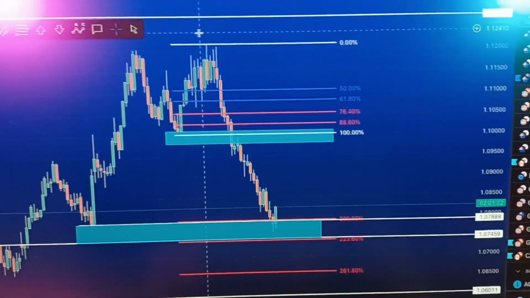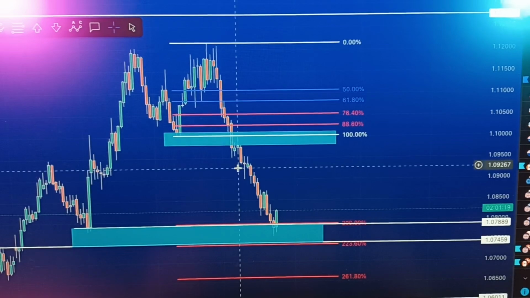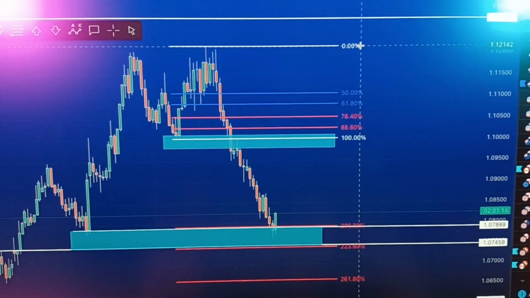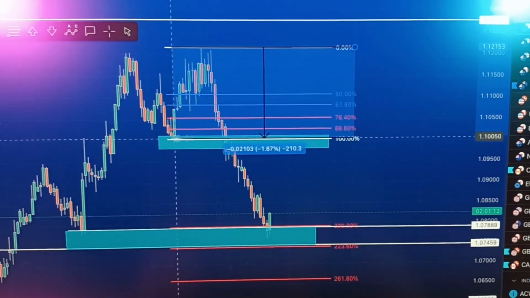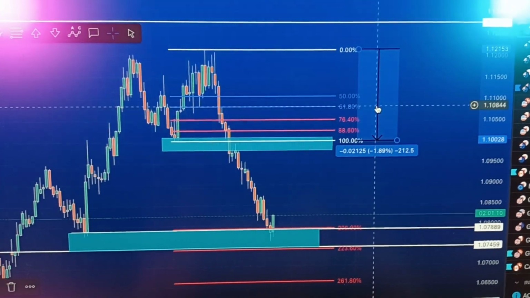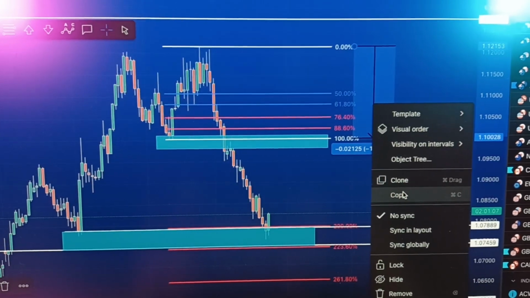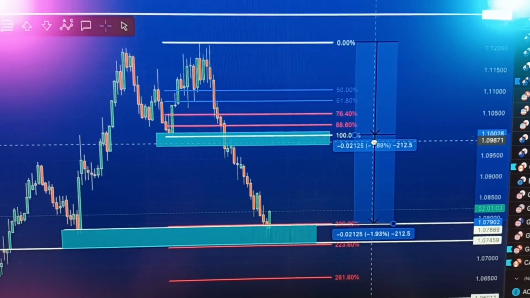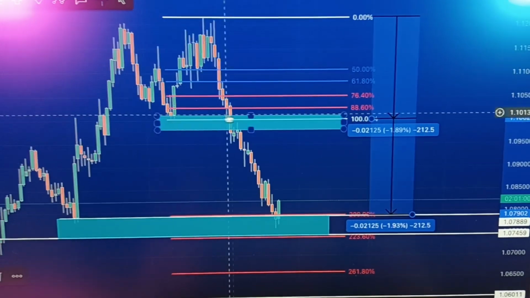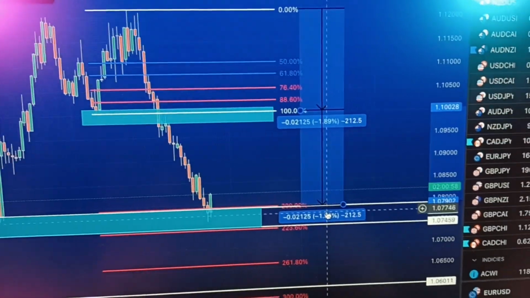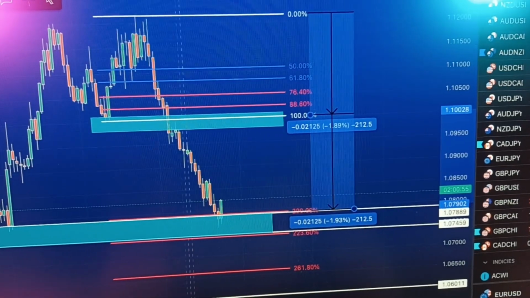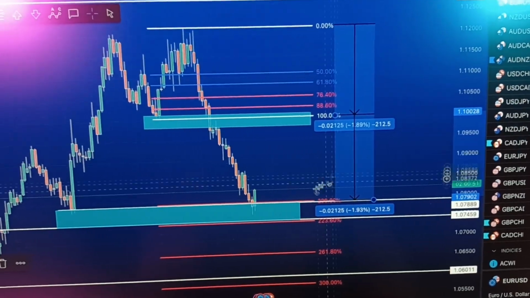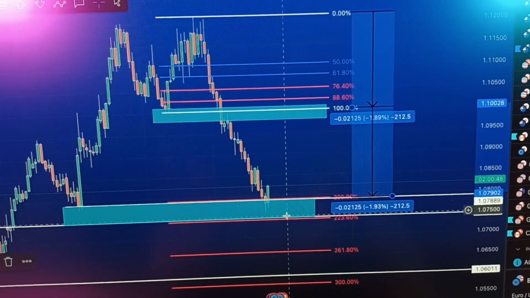What does it mean? It just means this structure, which was broken to the downside, this kind of double top, if you take this distance from the high to the low of the structure, and just copy this one, so we want to clone it, so here you go, and put it on the neck breakout, basically you exactly get the 200%. This is actually what this kind of tool, the Fibonacci tool, is doing, right? Nothing else. So yeah, and a lot of times we go in this area 200 to 223, which is the